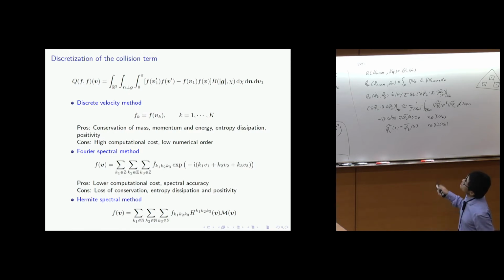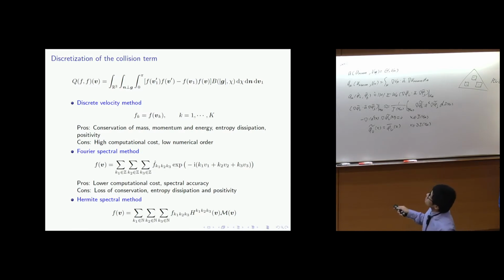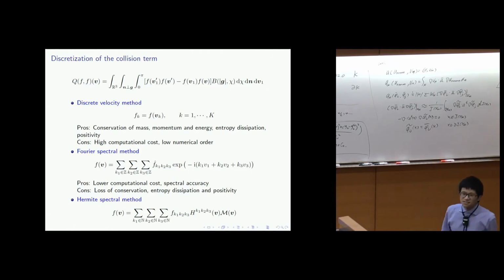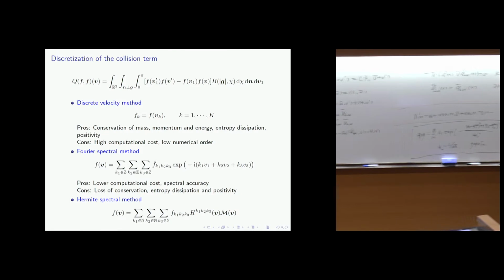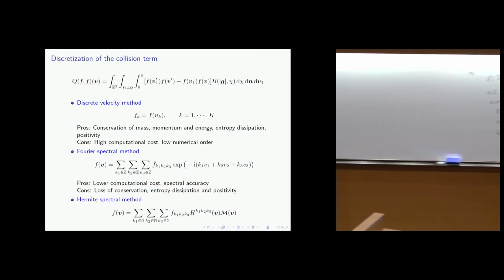It has very good physical properties, like conservation of mass, momentum, energy, entropy dissipation, positivity of the distribution function, something like this. Okay, but the problem is also very obvious. The computational cost is high, and the numerical convergence order is very low. Actually, this method is lower than first order. So when you do computation, according to my experience, I never see somebody really using this numerical method to